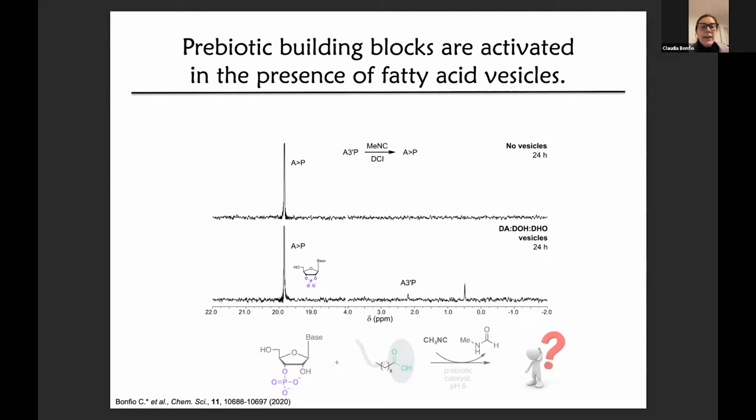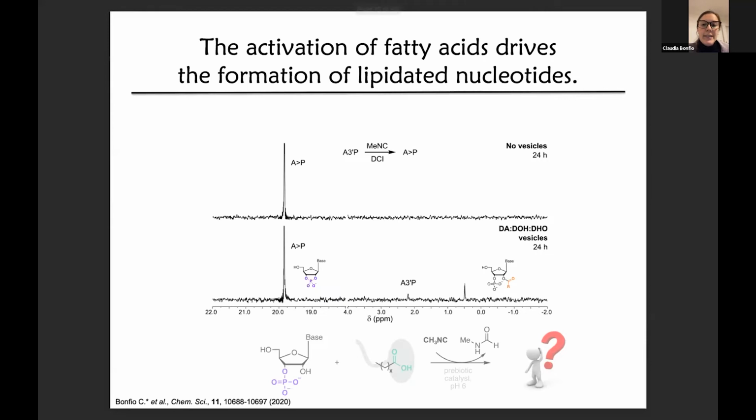But here we notice that the reaction is slightly less efficient, and you can still see some A3'P, which is the small peak at 2 ppm, which is the starting material. So the reaction does not go perfectly to completion in the same amount of time. But you can also see a new peak. And if you move to the next slide, I'll show you that the peak is basically due to the activation of the components of the lipid membranes, which are carboxylates, as we can see on the bottom, and their activation drove the synthesis of 2'